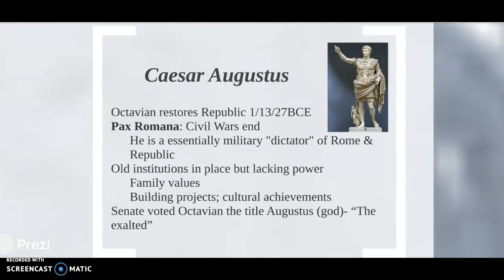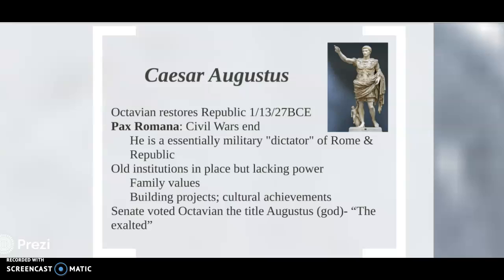And Octavian opens up what's known as the Pax Romana. And he's named Caesar Augustus. So he's the first emperor to kind of take the name as emperor as Caesar. And Augustus means exalted, the exalted one. So he's the first to start the Caesars, the reign of the emperors, which goes all the way till the fall of Rome. And he's basically the sole dictator of Rome. Our republic is there basically just to back up his power.